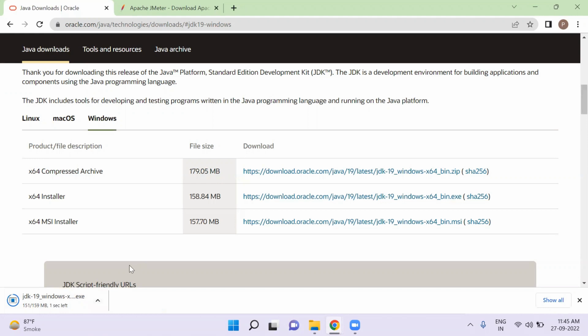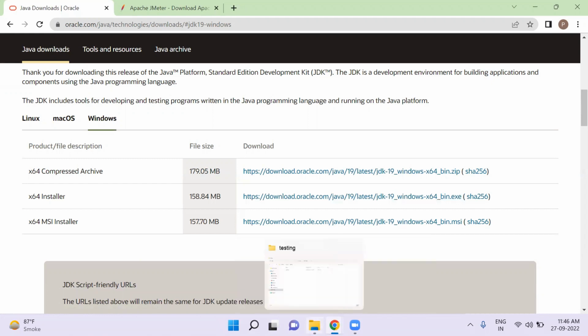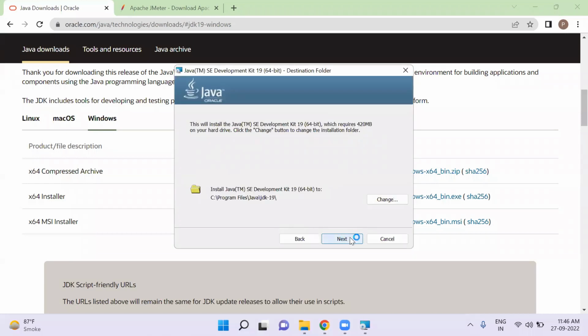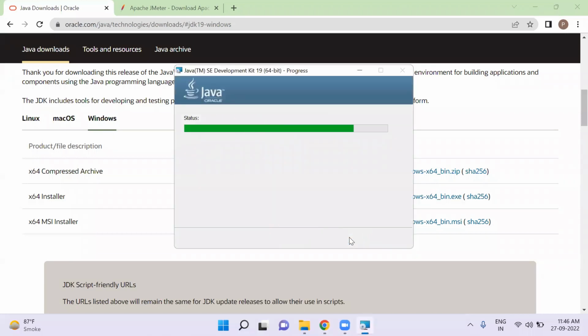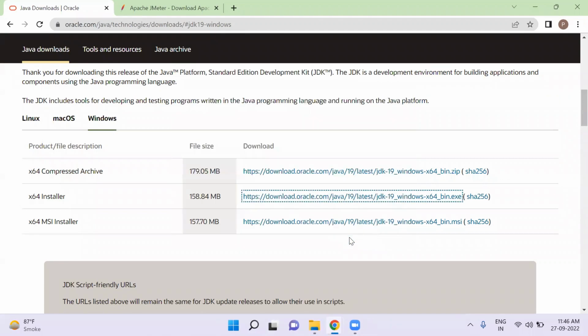After installation is finished, now we will see whether the Java JDK is installed successfully or not.